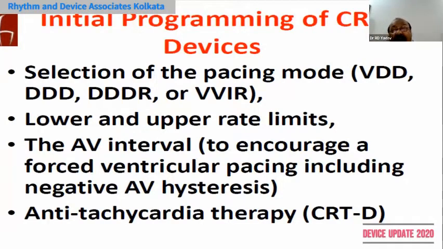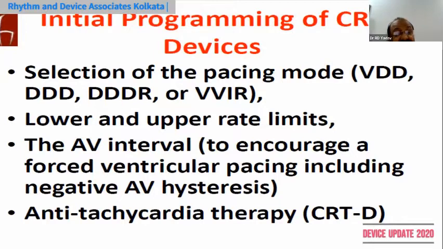Upper rate should be higher, because if the patient develops pulmonary edema, sinus tachycardia occurs and the tracking rate is not 130 to 140, then it may not track. So at that higher rate during the pulmonary edema, when the biventricular pacing is most required, if it's not able to track and there is a block, then the patient will deteriorate further. So the upper tracking rate should be 130 to 140 beats per minute. That is the important thing.